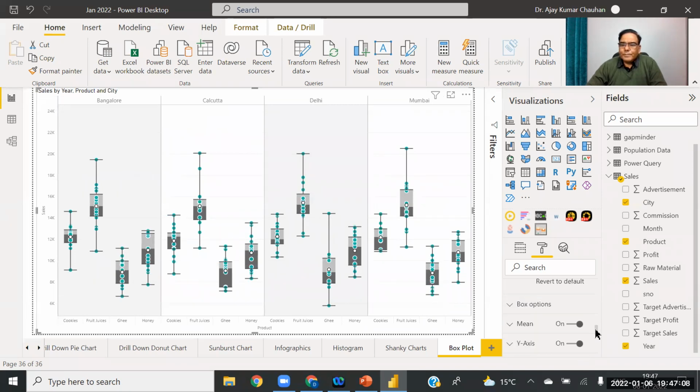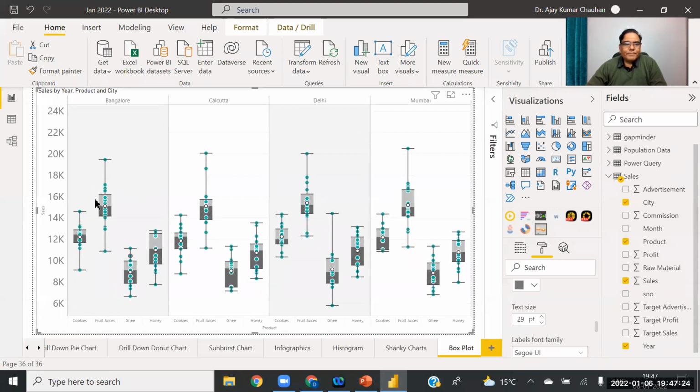Okay, box option, y-axis. So first of all, increase the font size of the y-axis. So this is the sales actually. Similarly, I want to take the x-axis. That is more important.